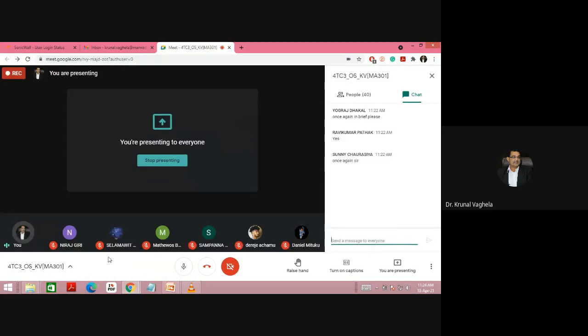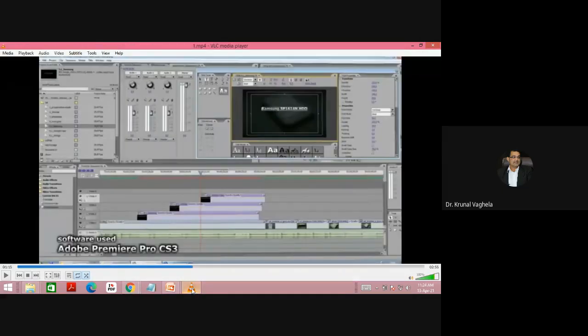Is it clear now? Sunny? Okay. So three factors. One is seek time for arm positioning, rotational delay, where the platter is rotating, and the third one is the actual data transfer time. Let me close this.